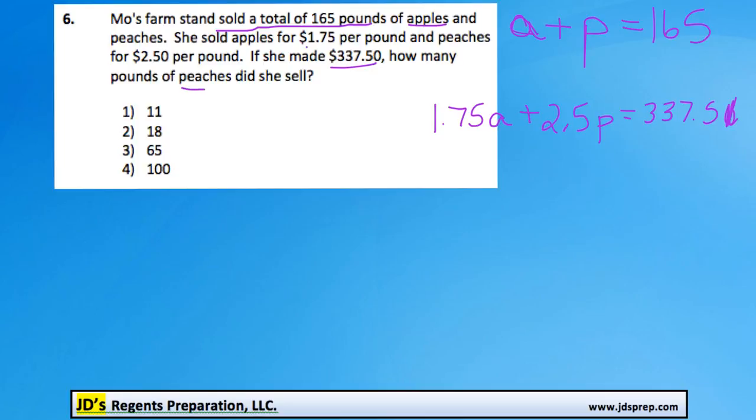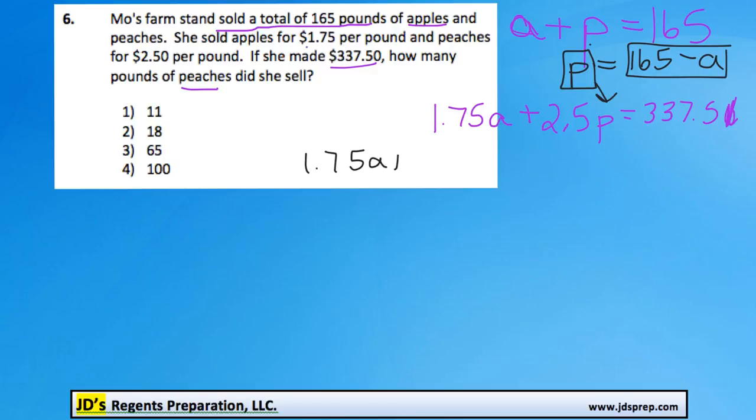Because we're trying to find the number of peaches, what I'm going to do is isolate the variable P up here. And so P is going to equal 165 minus A. Now we're going to use the method of substitution. What we're going to do is replace P with 165 minus A down here. So we're going to have 1.75A plus 2.5 times, now instead of P, it'll be 165 minus A. And this is all equal to